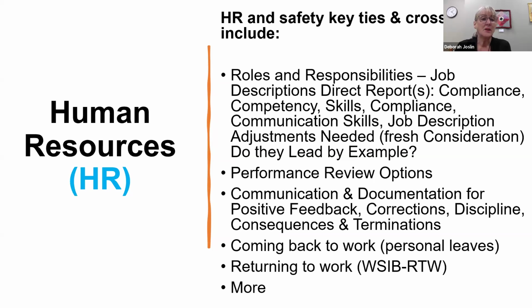When it comes to discipline, it's really important to look at the consequences. In policies and procedures, specific to HR, we speak about discipline and what's going to happen, especially with respect to progressive discipline, which basically means the three steps: the verbal, the written, and then a third written or termination at that juncture. We need to talk about what the consequences are for each step and what's involved in a termination.